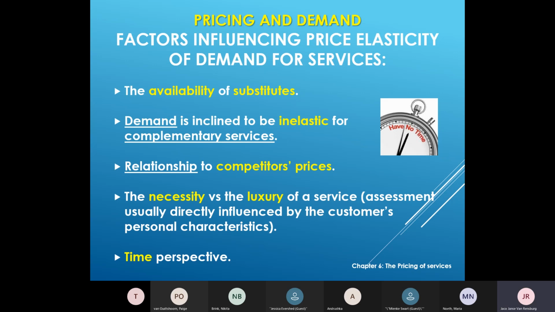Availability of substitutes. How many alternative options do we have? We know with products, it's often much easier because there are greater substitutes. So people are more price sensitive, and they will go for a cheaper one because